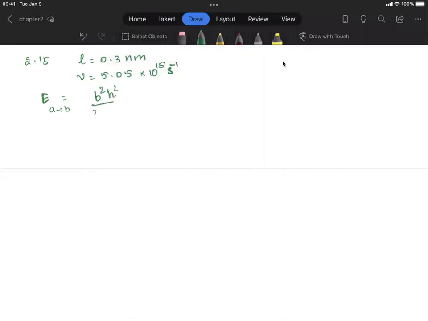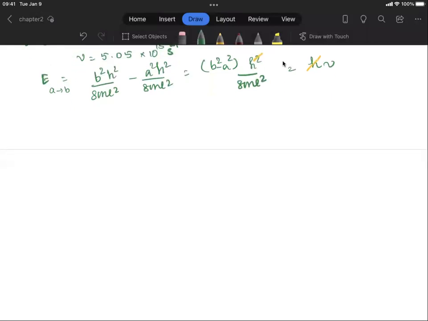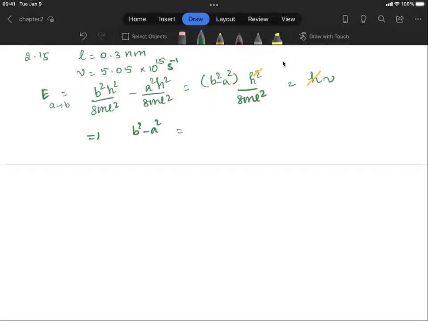It's going to be B squared h squared over 8 m L squared minus A squared h squared over 8 m L squared. That's going to give me B squared minus A squared. And this is equal to h nu, right? So I can cancel out one of the h's on either side, and that will give me B squared minus A squared would be the frequency, which is